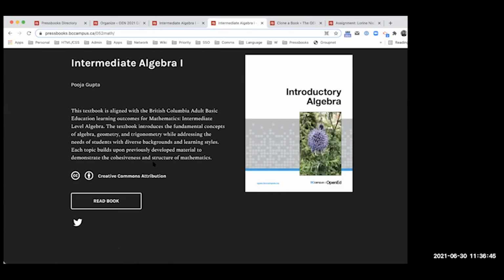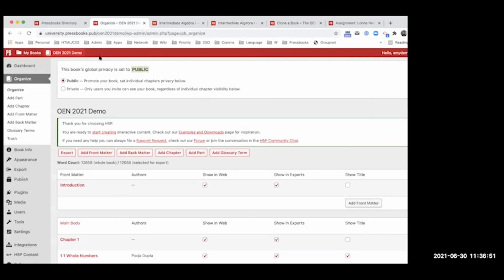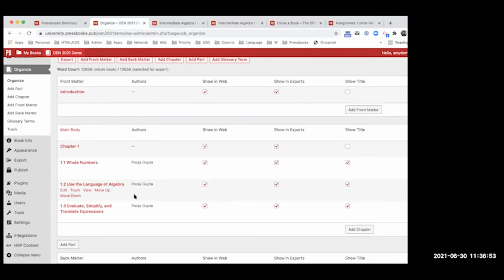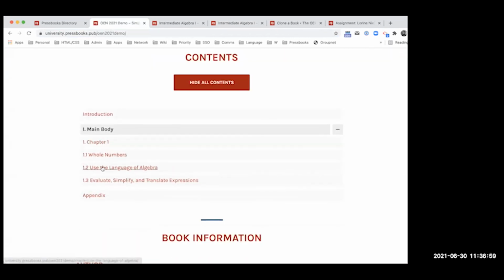And depending on the license of the book, in this case it's a CC BY, you'd be able to make as many adaptations as you'd like. So if I go back to this chapter, you'll see that all of the chapters this person had written have been brought in perfectly. And from here, I'd be able to do things like adjust the content within the chapters,